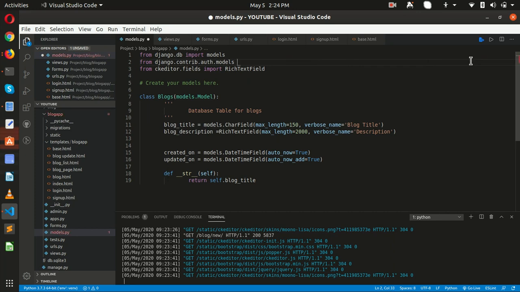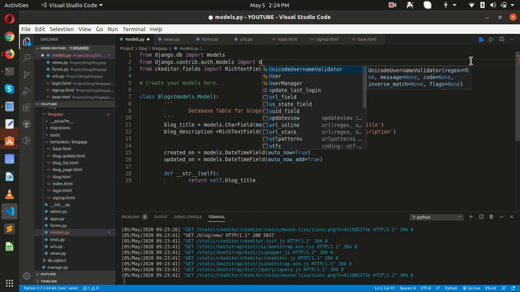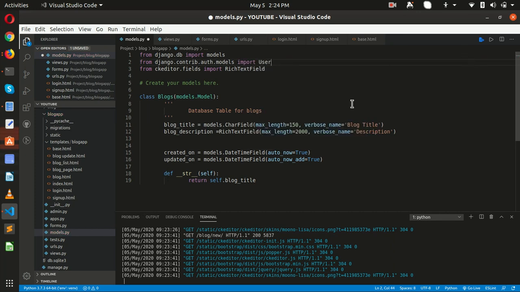From authentication models we are going to import our users model, and here it is. So for users details we have to make a field. For example, blog user, we can say blog user, and this field will keep the record of all the users who are going to post the blogs.